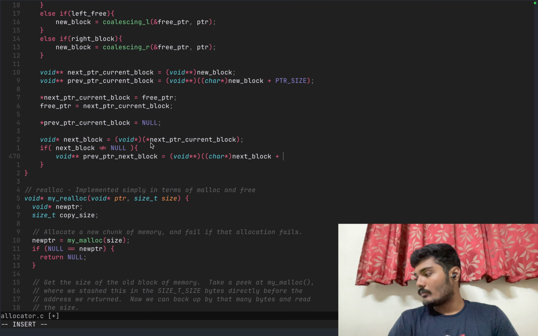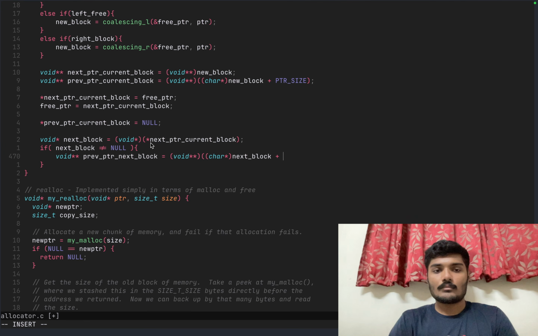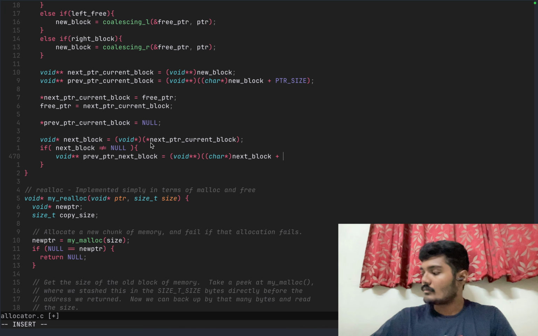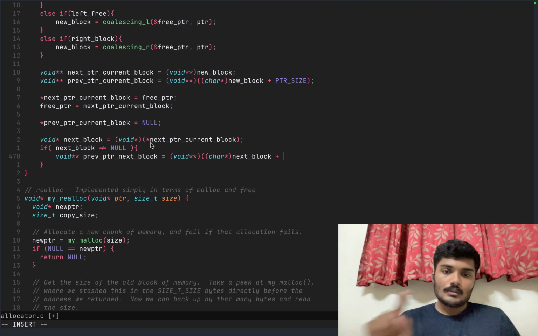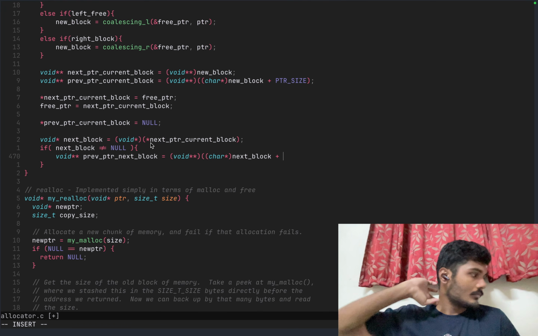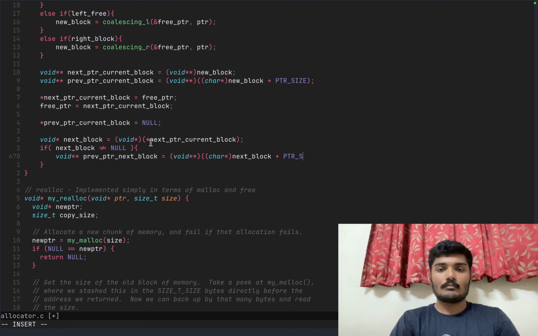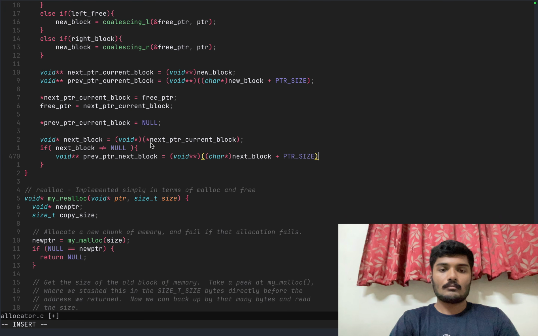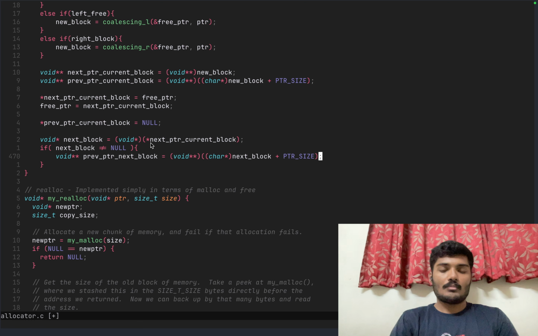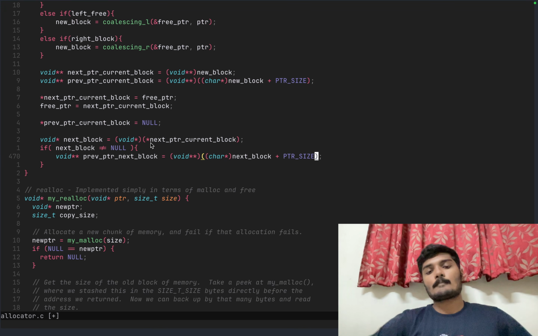And the next block you're pointing to is to this. So this is where it points to. And then we move it ahead by pointer size. So we move it ahead by pointer size,